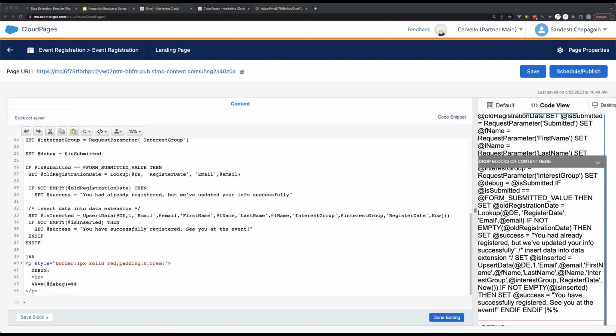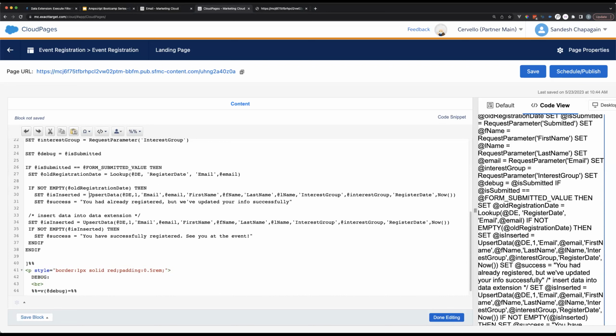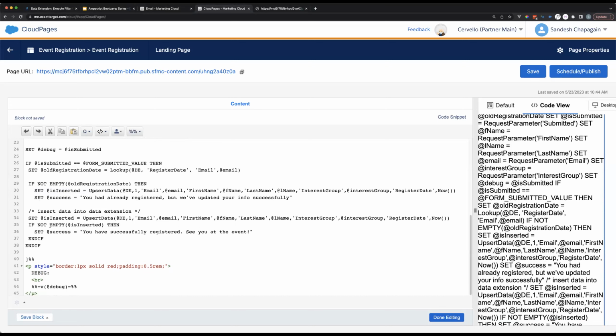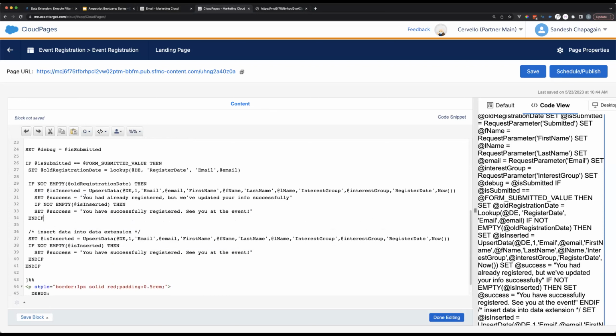Give me a sec, trying to see how to handle this. We can definitely duplicate it, no problem. Let's do that for now. And then let's set success to be the same message. Okay, so I'm going to copy this whole thing instead. We need two blocks here because we need to handle two different situations.